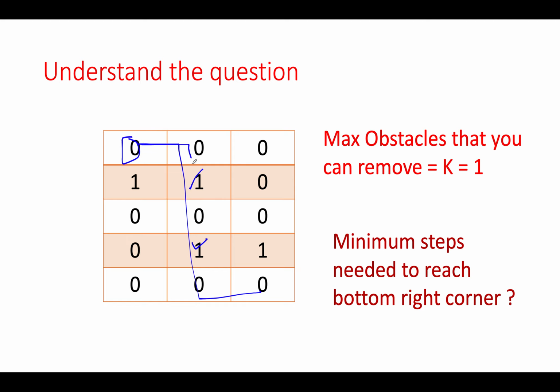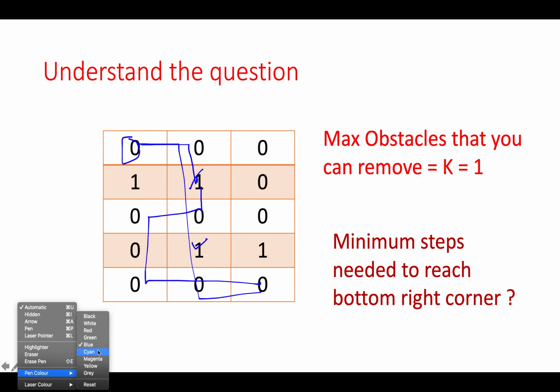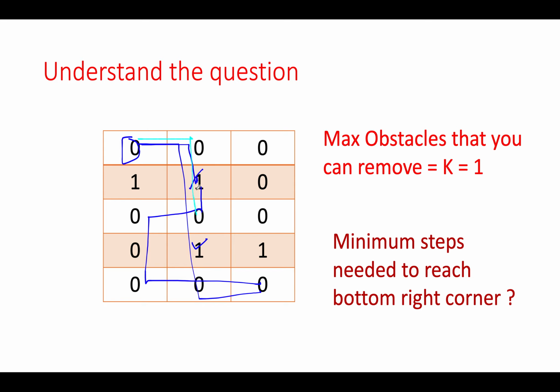I need to do something else. There could be a case where I cross this path and from here I take a turn towards left and I go by this route. So let me just change the color of the pen. Instead of going straight, I took a left turn and I went in this direction. In this path again I removed one obstacle. So this is a valid path. What is the length of this path? 1, 2, 3, 4, 5, 6, 7, 8. Here the length is 8. The previous length that we saw was 6. 6 is better than 8, so we don't have to consider this path.